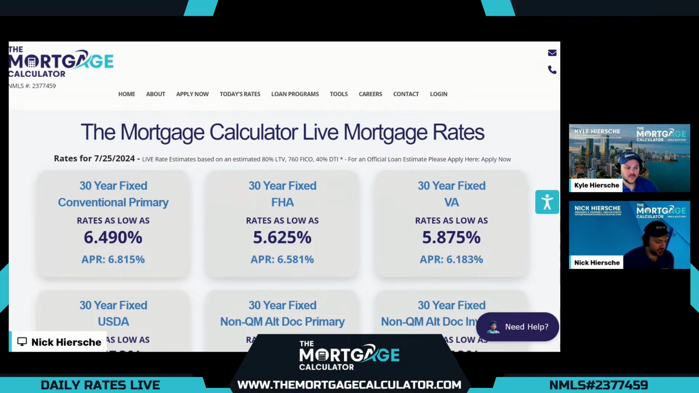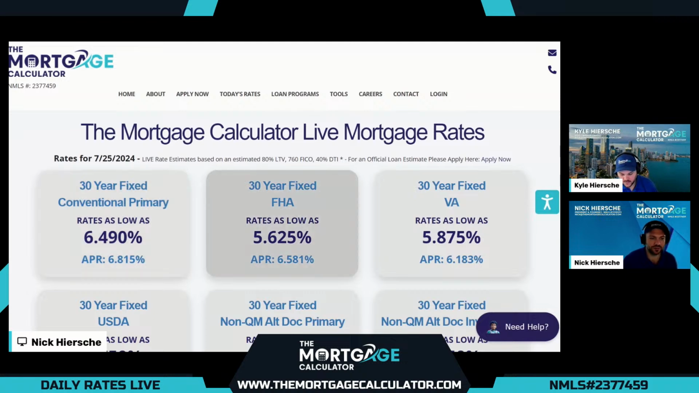All right, so the first option that most people think of when they think of a mortgage is a 30-year fixed conventional loan for a primary home. Rates for a standard program today come in at 6.49, final APR 6.815, just a touch higher than it was yesterday, I believe. And if for any reason our customer doesn't qualify for a conventional option, typically the next option